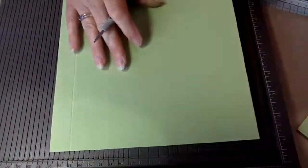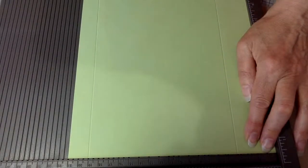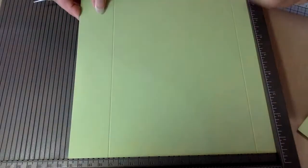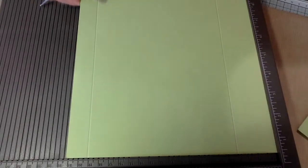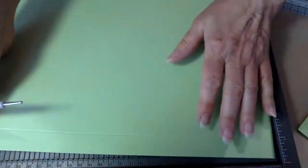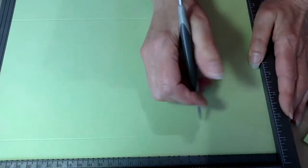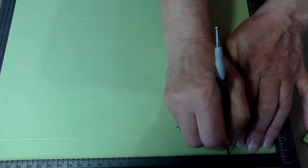All right, with the edge finished, then I turn it and I do 4 centimeters. So that way around, I do 2 centimeters, and then I turn the card and I do it at 4 centimeters. Then with the top at the top, so you need the top fold, which is the smaller fold, at the top of the scoreboard or the trimmer, and we then score 1 centimeter all the way down, 5 centimeters all the way down,